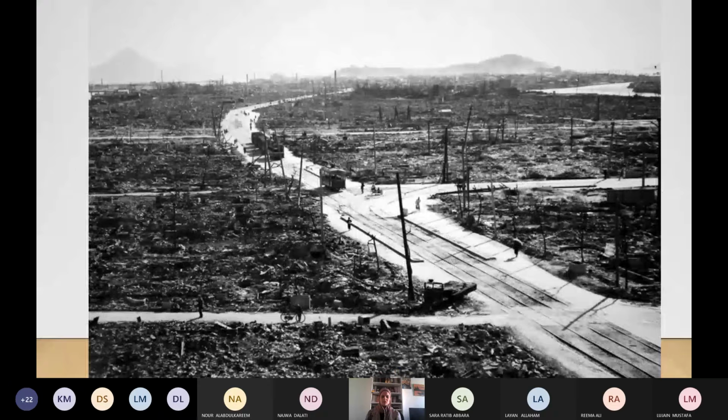Okay, look at this picture. No buildings, nothing. The whole city was just one flat land like this. Nothing remained. See the devastation.